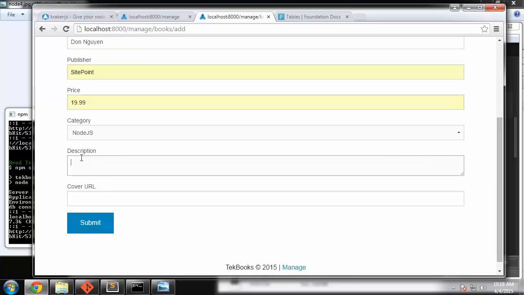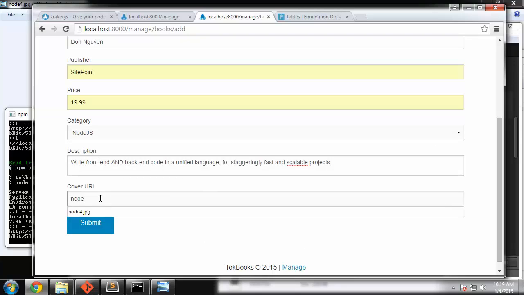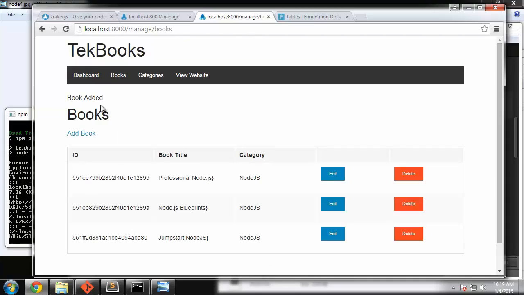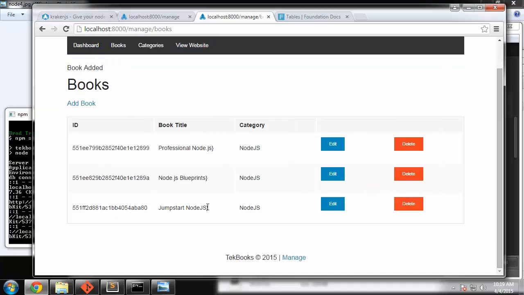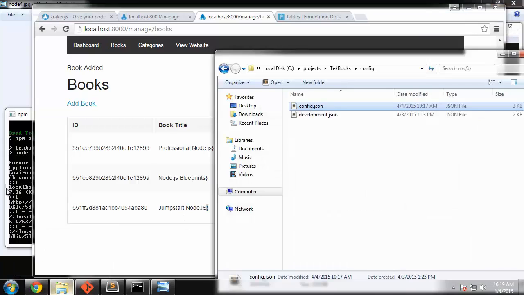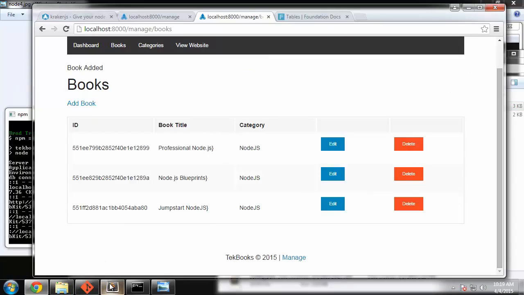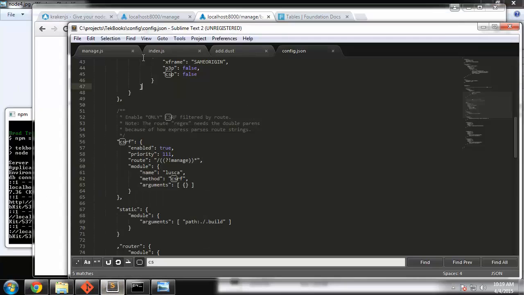Category, description, let me see, just paste this text in, and then the cover is node4.jpg. So submit, and book added, and down here you can see we have Jumpstart Node. I don't know what that is doing there. I'll fix that in a minute. So that's good. So let's check that view out, see what that squiggly, what that curly brace is. Let's see, so we want